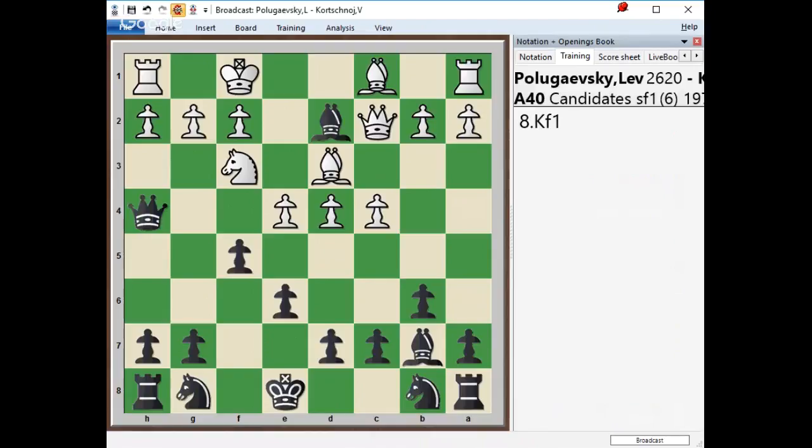White plays king to f1, and after continuing with that type of move, surely we're able to advance. Now we're going to follow up instantly with a move like that. Is it a good move to play queen to h5? I don't think so. It's possible that we do it,